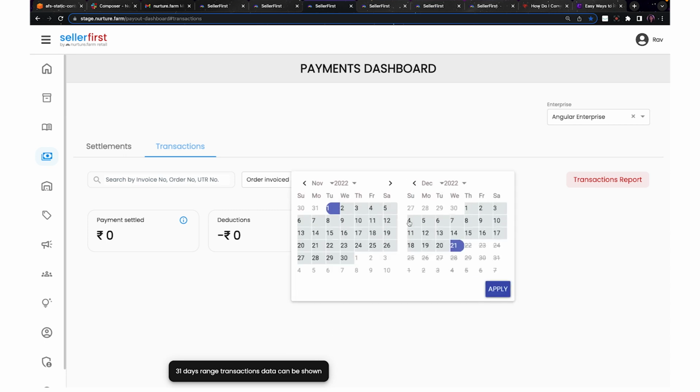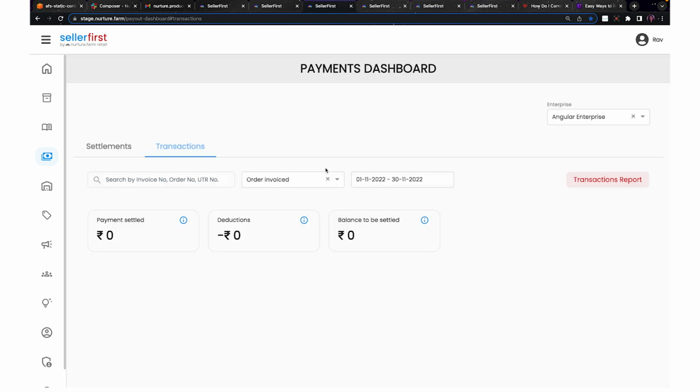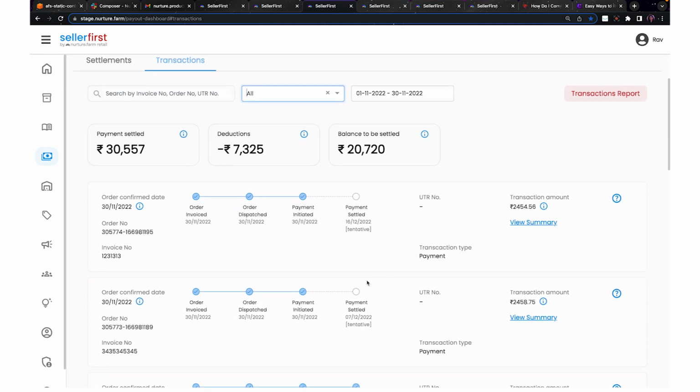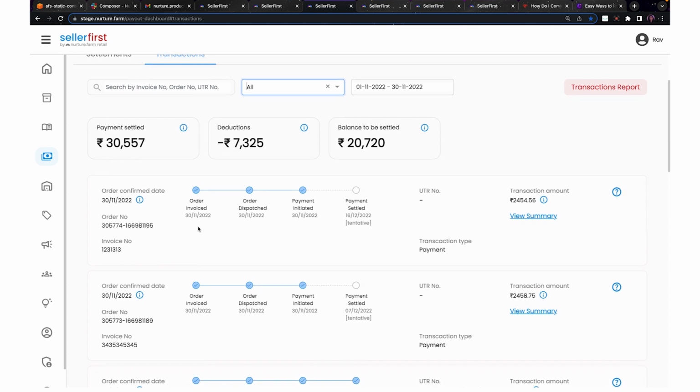Here, as you see, the range of data again is 31 days. Transaction data for a 31-day range can be shown, so you have to select any 31 days for a particular filter to apply. Let me see for November, it's not coming. So I'll just select all. Okay, so here you see